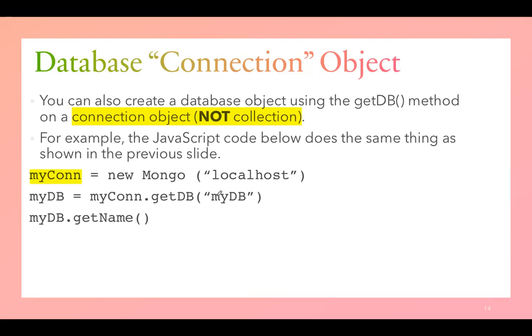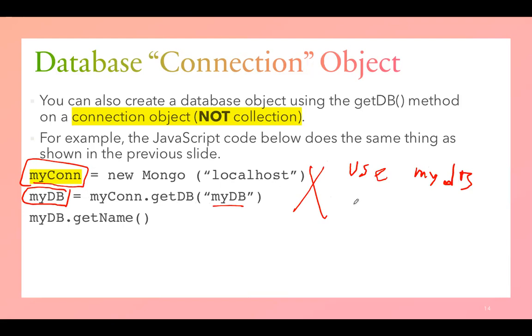So what we are doing here, this is in JavaScript, right? You can put these 3 lines in a JavaScript and execute it. This is the same localhost MongoDB server. You're creating a new connection object, and you're putting the name of the database, and you're getting a MyDB object that represents the database. Now, if you do not use this, what is the equivalent? If you just write use MyDB, automatically you have the pointer ready, db,